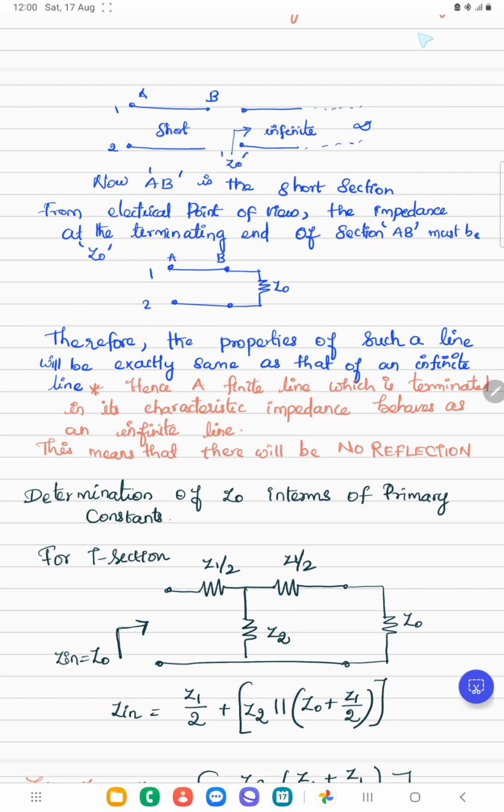Therefore, the condition for no reflection: when ZR is not equal to Z0, then we should have reflection. If it is equal, there is no reflection. So this is the condition of a finite line, and a finite line is otherwise called a short line, and the other one is the infinite line. Okay, so the next topic is